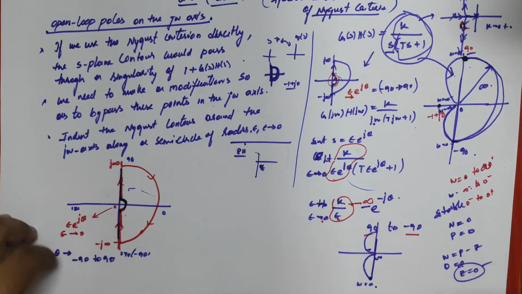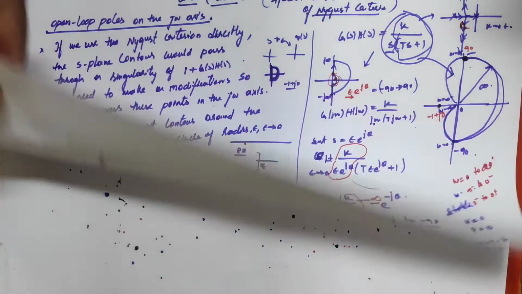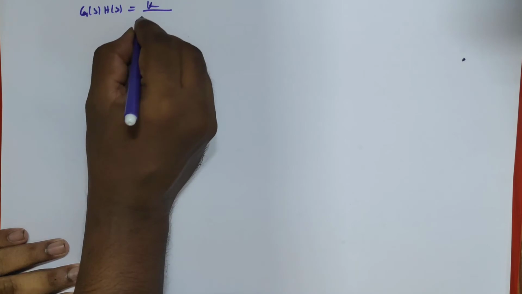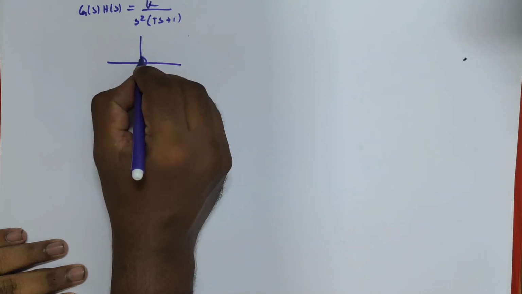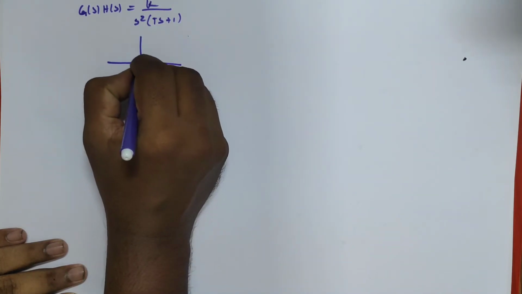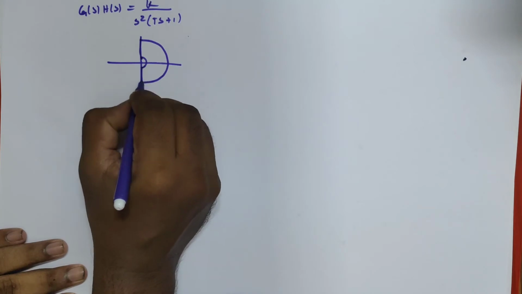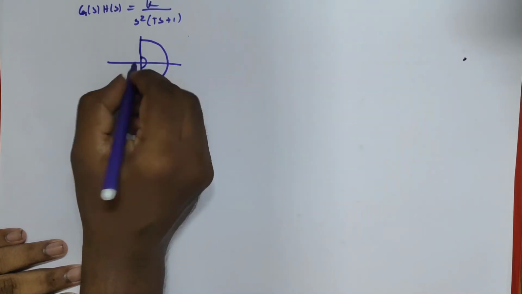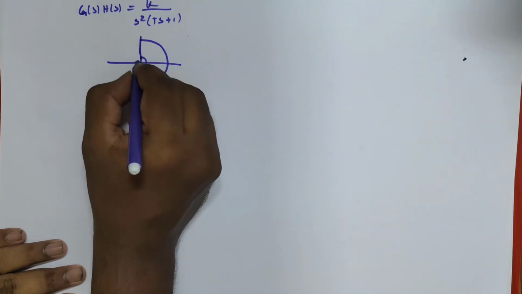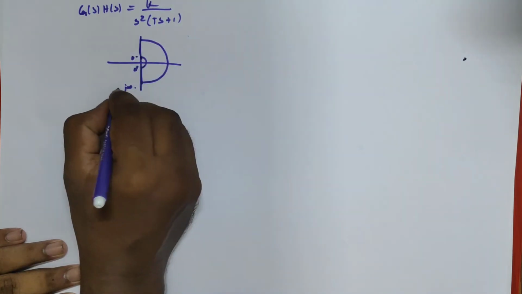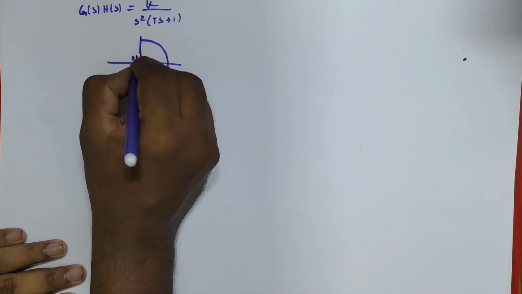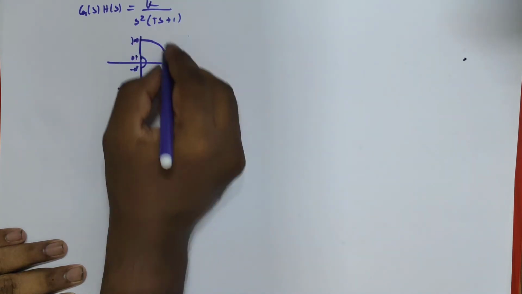Okay, so I'm taking another example now. Let us take another example, where Nyquist is giving a clear-cut answer for the system. Now my contour is this. Since I have 2 poles at the origin, I can take it directly like this. This contour goes from minus j omega to plus j omega, with 0 minus and 0 plus indentations, and this is the S-plane plot.